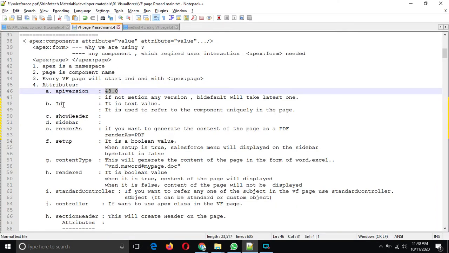Then ID. What is the ID? ID is a text value. It is used to refer to a component uniquely in the page. In a page we have several tags, and we give references to a particular ID.